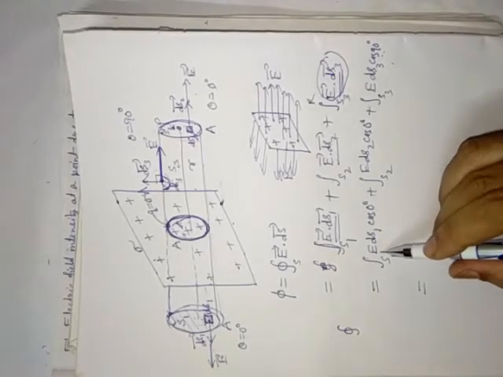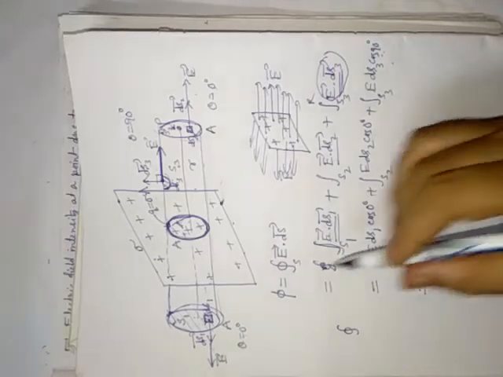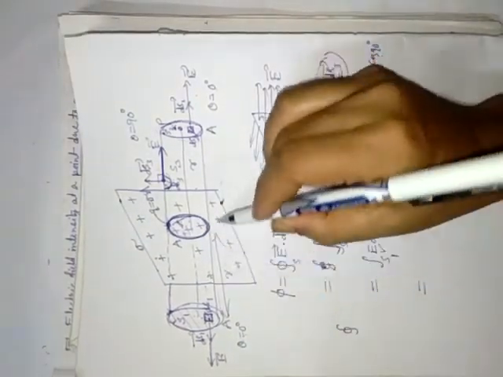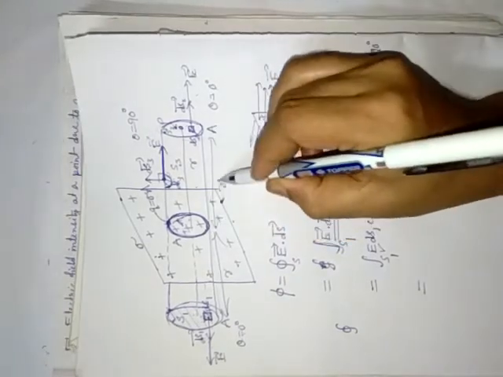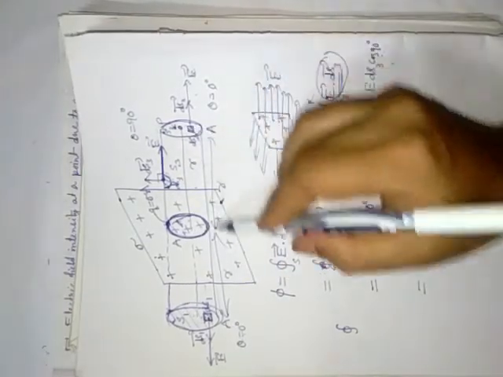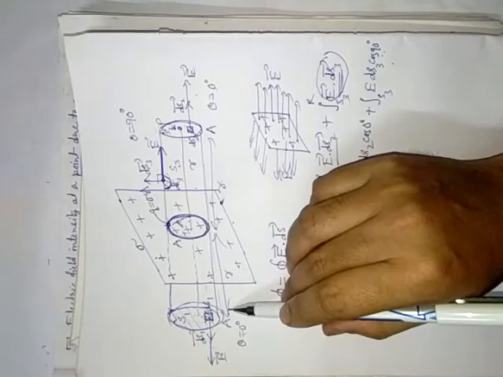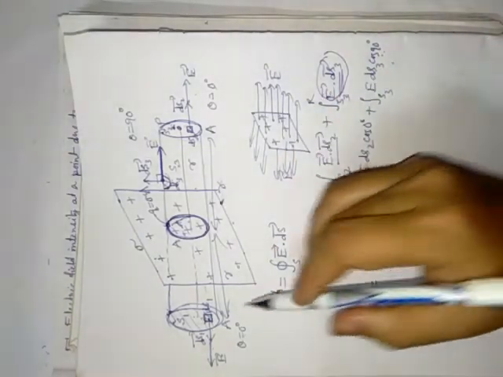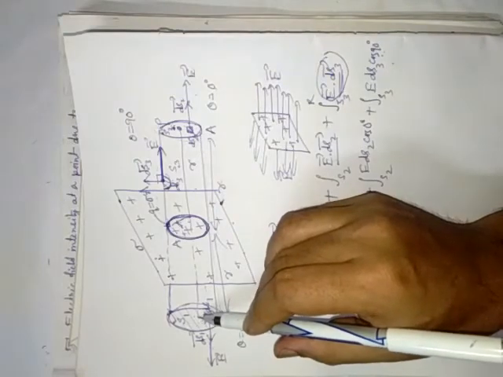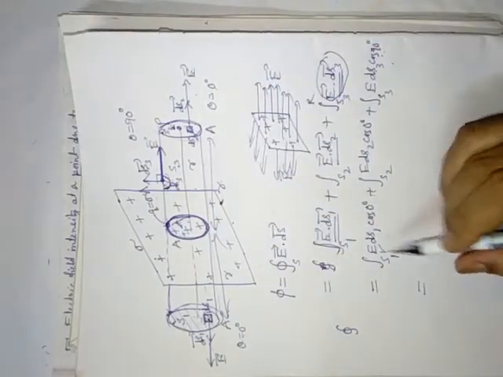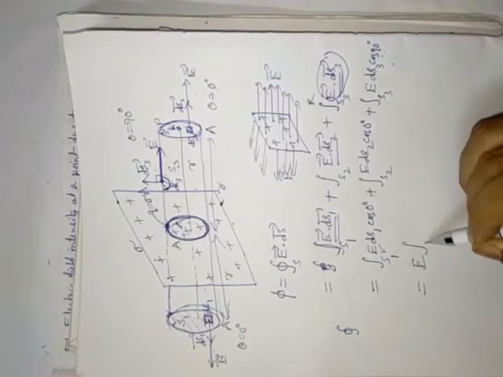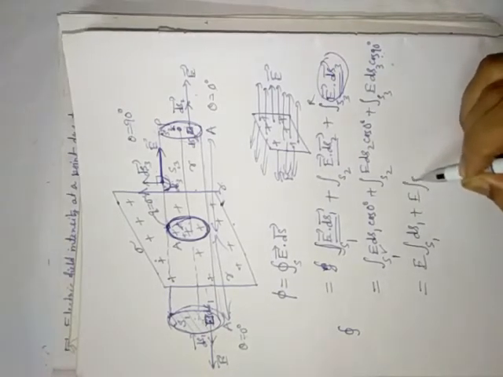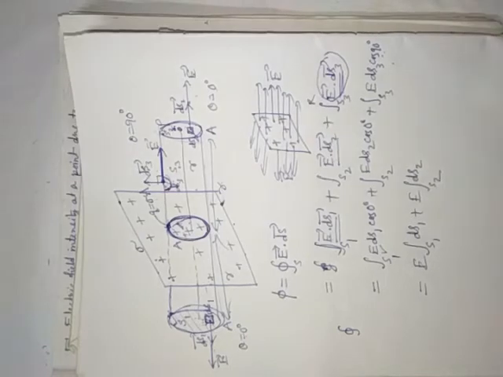That's why here E is constant, because I have drawn the cylinder having length twice r. That means half the portion is towards the right and half towards the left. That means the total length is r plus r, twice r. Now the electric field intensity at equal distance will be the same. That is why E will come out of the integrals, leaving integral of ds1 and E integral of ds2.